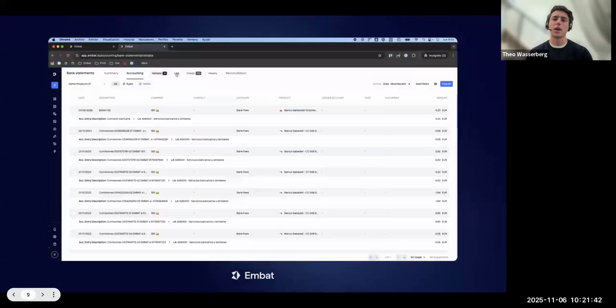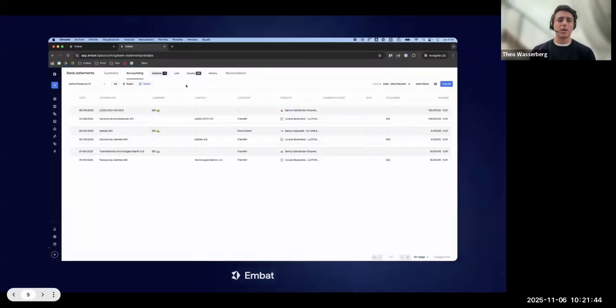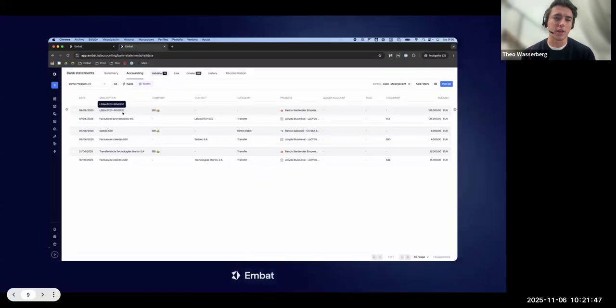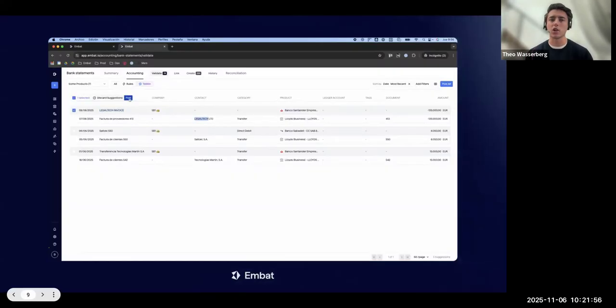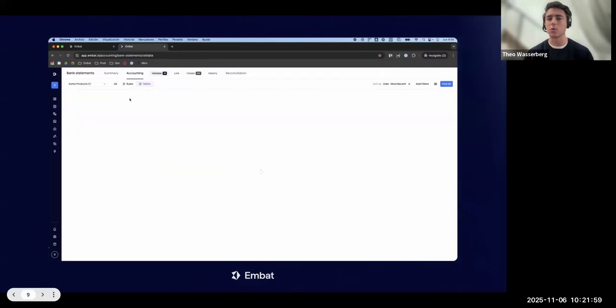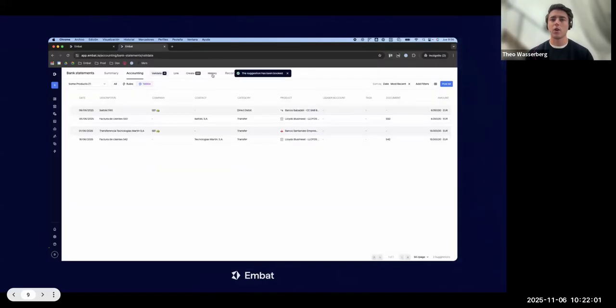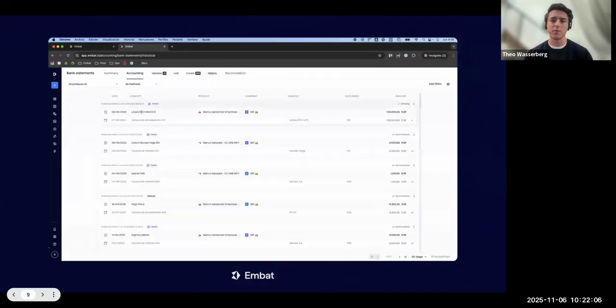And what I want to do is show you how closing that is going to relate to what's going on in Embat. So if I go into Embat, I can see here there's an invoice that the AI has suggested. It can see there's a Legal Tech invoice payment, and it can see the associated invoice. So it's matched that up, and it's saying, hey, user, do you think this is the correct match? And let's go ahead and post it because we know it is. And if I go in my history, you can see that we've made the posting, right? The AI has identified it and it's pending in the top right there. So a bit like a WhatsApp blue tick, it's pending, it's being closed out in B1.